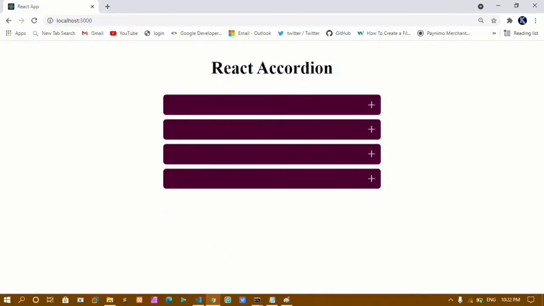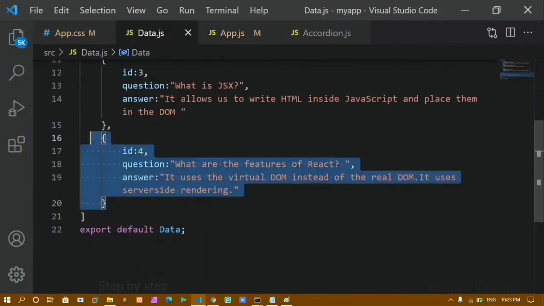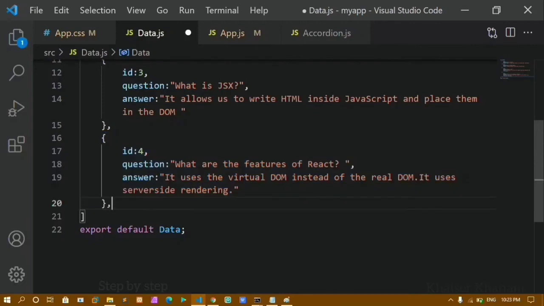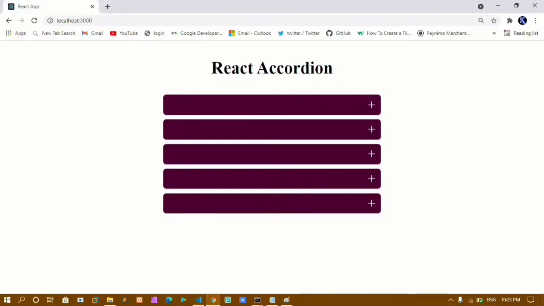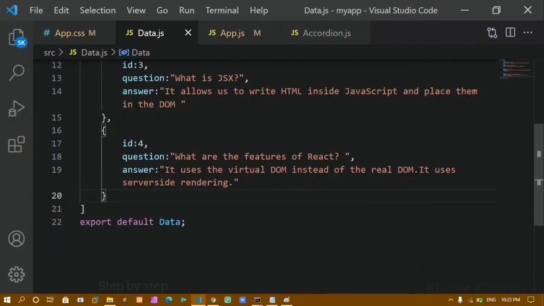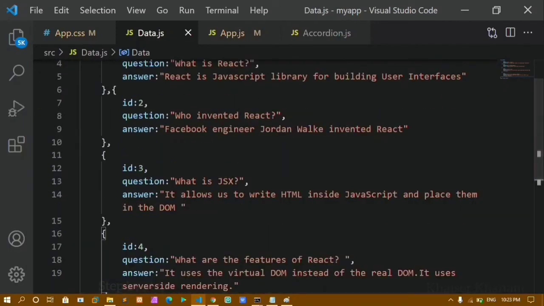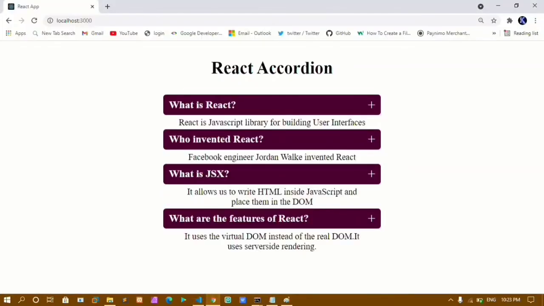Now if I show you, you can see I don't have anything, but only 4 containers, because I have here 4 IDs. You can see I have here 4 IDs. Now if I just copy this one and paste it here, I'll change the ID, I'll save this, and now if you see I'll be having 5 containers here. Using map method we can access the entire data, the entire API, and store that inside our project. Now I want to get all the data, so I'm giving here spread operator. As soon as I give this, you can see all the data will be displayed.